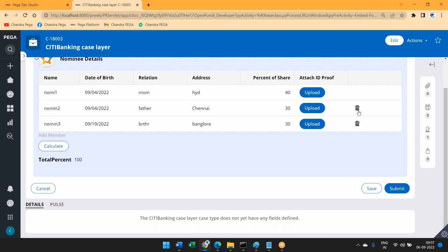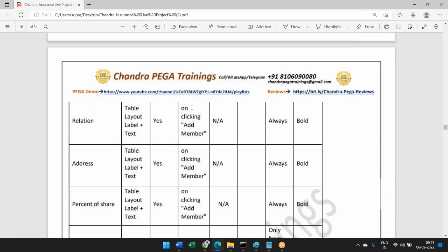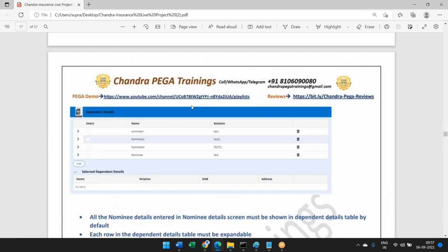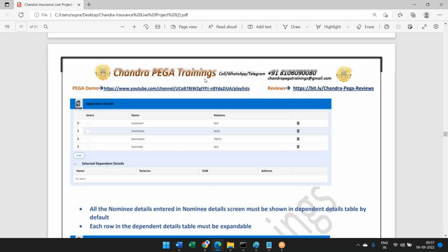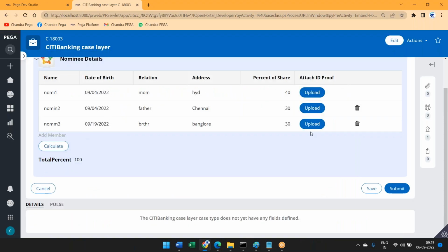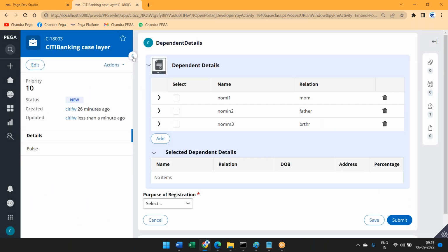How to get the delete option? Only from the second one. From the second to the last, you have to get the delete option. All these will be very, very clearly mentioned and you have to develop accordingly. Fine. Now, if I click on the submit button, it will take me to the next screen, and there we